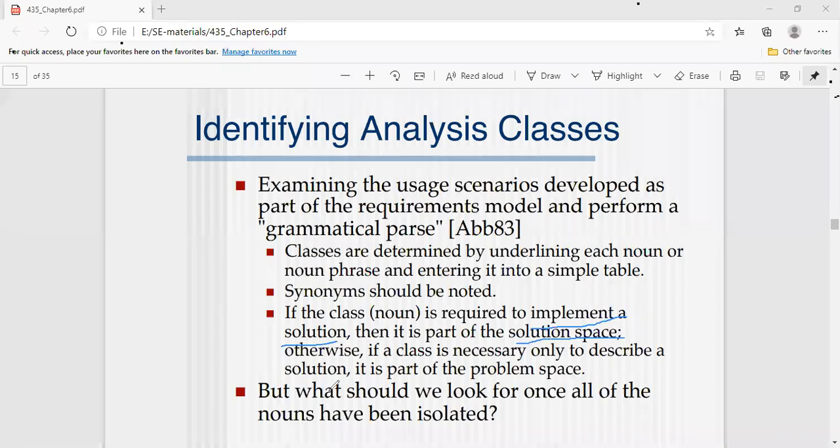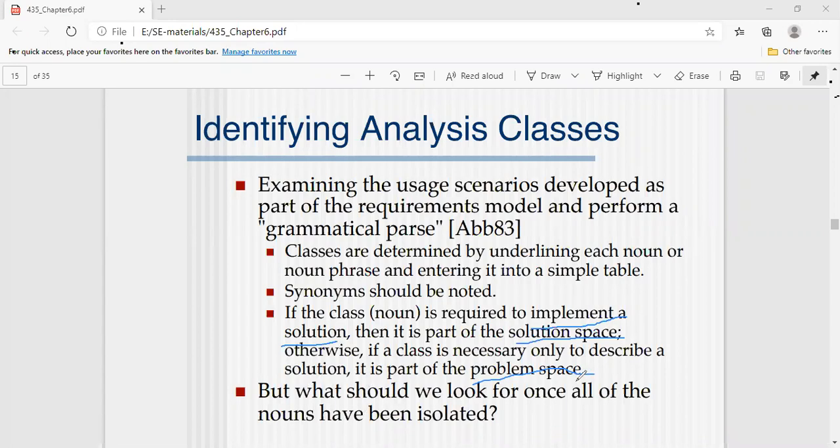Otherwise, if your class name describes your problem, then it is a part of the problem space.